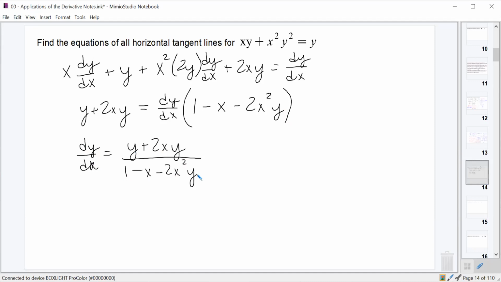And since we're asked initially for the equations of horizontal tangent lines, we'll just say this is equal to 0 if y plus 2xy equals 0. And we'll again factor y times 1 plus